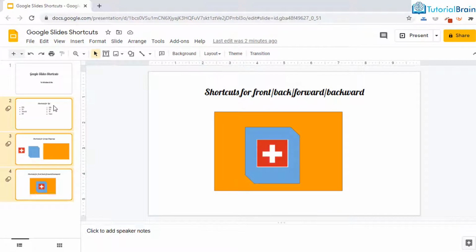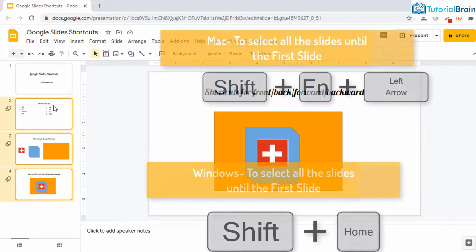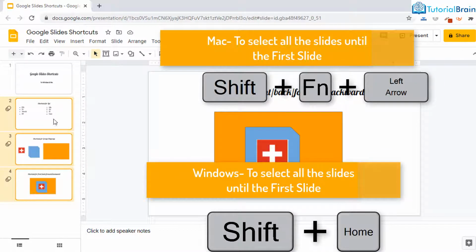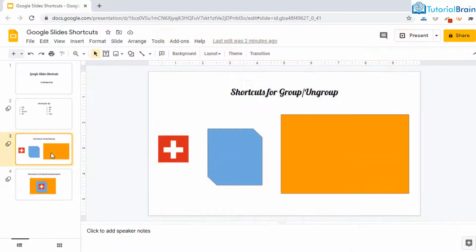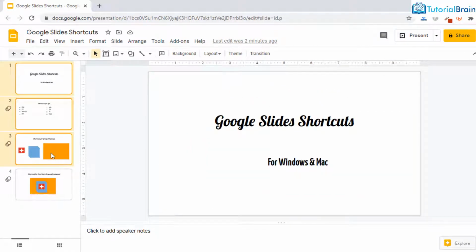On the same note, I want you to guess the shortcut to select all the slides through the first slide. You guessed it right, it is Shift plus Home. So let's say I am here and I want to select all the slides till home, then I can just press Shift and Home button on my keyboard and it has selected all the slides.